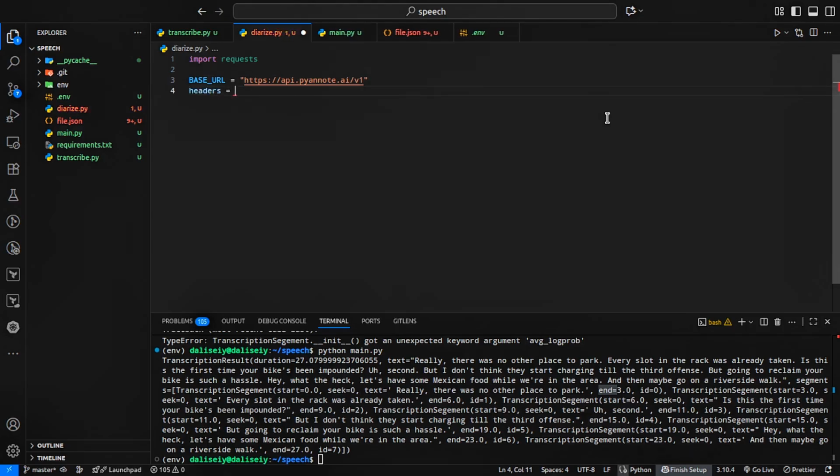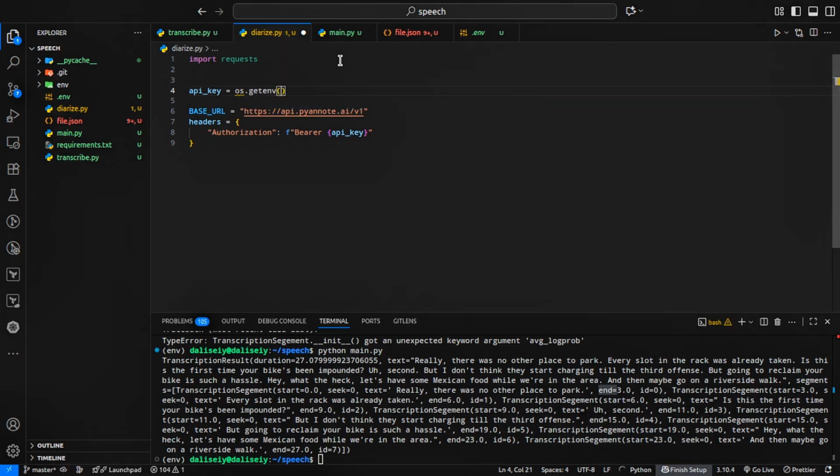Then we also need to specify our headers, right? Headers is going to be a dict, and then we could say authorization is going to be an f-string, and it's going to be taking in the Bearer, right? And it's going to be taking in our API key. Okay, since I would need to specify the API key, so that'll be